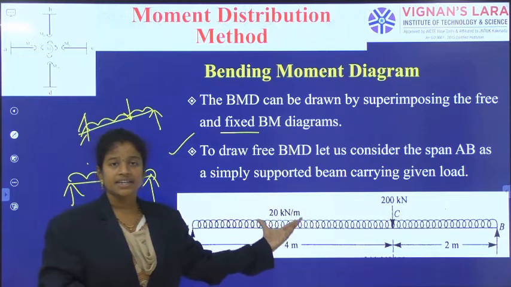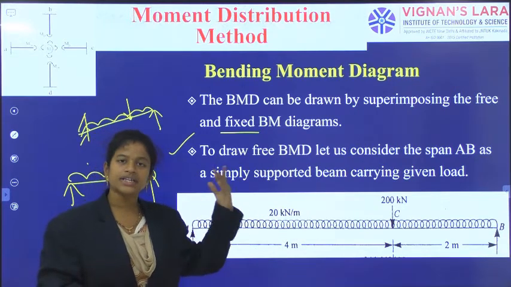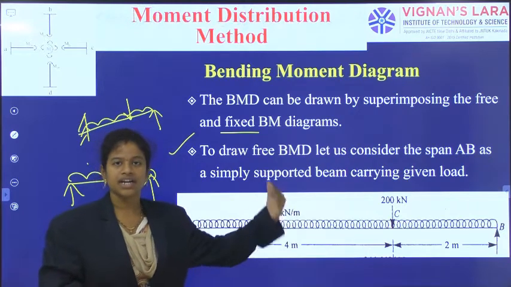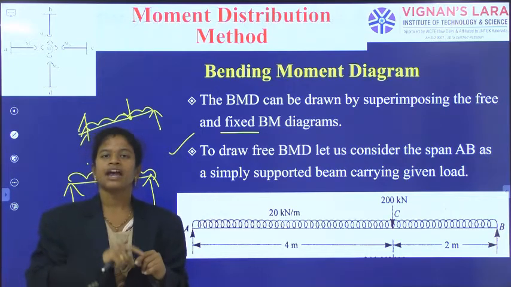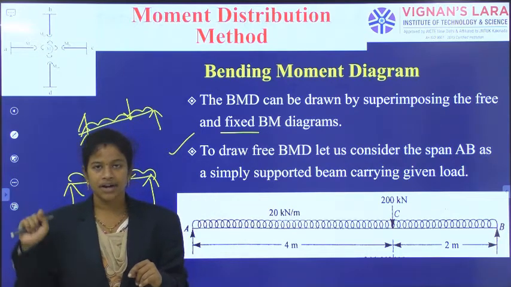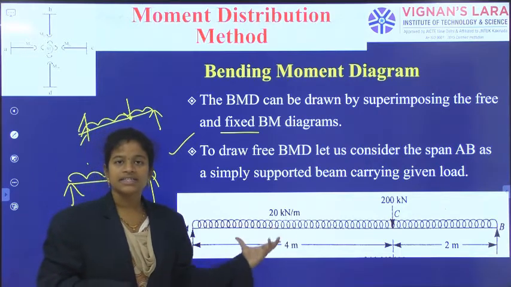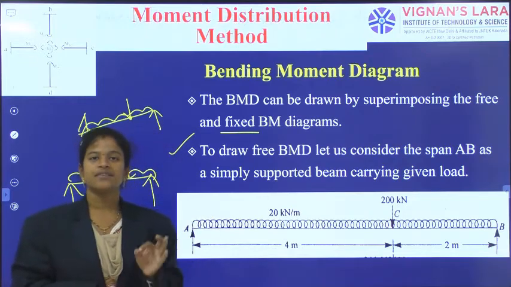So for generating the actual bending moment diagram, whatever the supporting condition is, I have to take it as a simply supported beam. If it is a continuous beam, I have to consider each span as a simply supported beam, and we have to generate the free bending moment diagram for the loading sections, right? So this free beam or the simply supported beam having the original load,